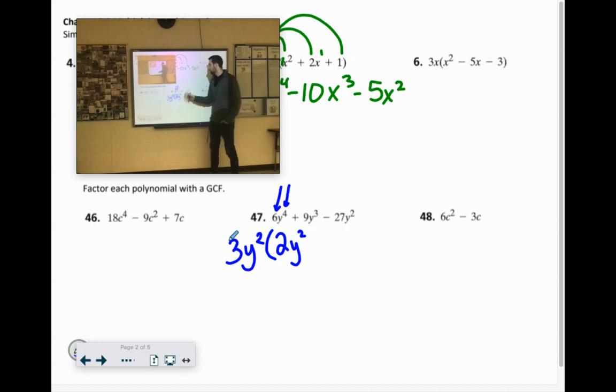Now let's check the 9y to the third. 3 times 3 would give us the 9. Y to the second times y to the first would give us that y to the third. And then the last one, we have minus, we're looking for 27. So 3 times what gives us 27? It's 3 times 9. And we already have the y squared. We don't need any more y's. So this would be our